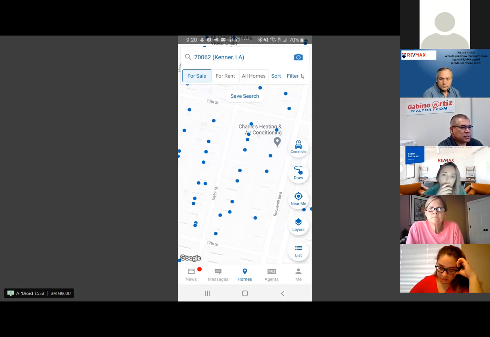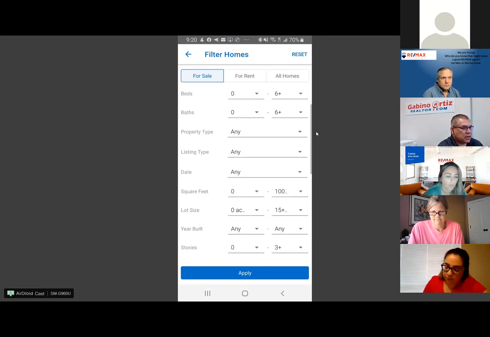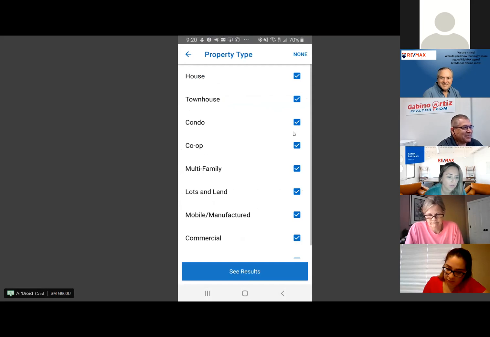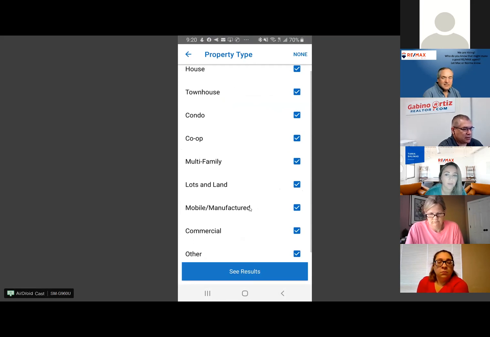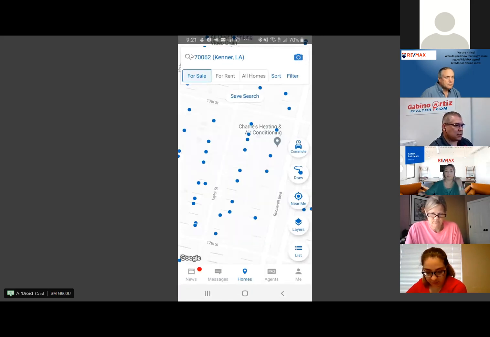So here we go back and we are in the for sale option. And then we have the filters right here. You can go to filters and select all types of filters: price range, how many beds and baths, the property type. Here on property type, you can select what type of property you're looking for, and then you click on the button at the bottom to see the results. So you have plenty of options in terms of finding a property that best fits your client. And again, this is just the beginning that we're looking into, but there are a lot of tools